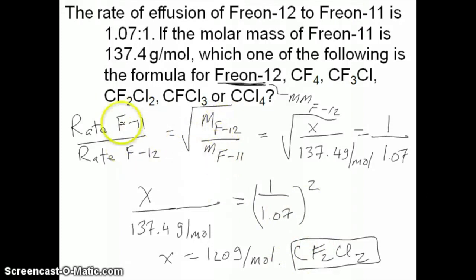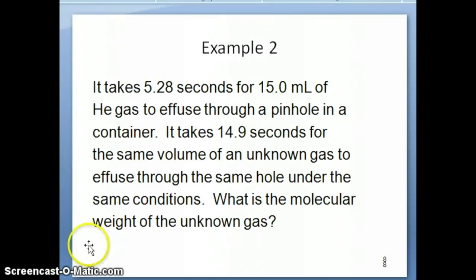You can measure its relative rate to another gas of a known rate, and then you just see what the ratio is, and that will tell you the molar mass of the unknown gas or the new gas that you just made. So that would be exactly the same approach as how you did this calculation. Okay, so in the last part here, I just want you to work through this problem. This is basically an effusion problem as well.